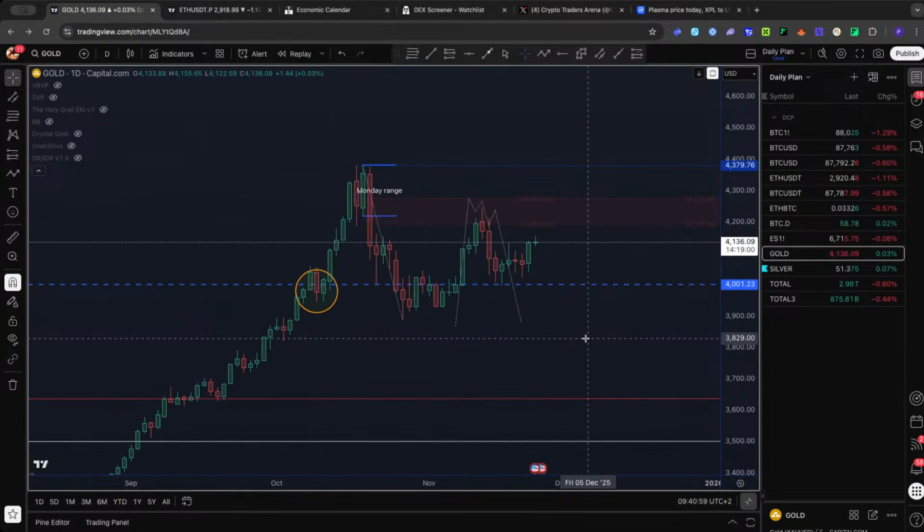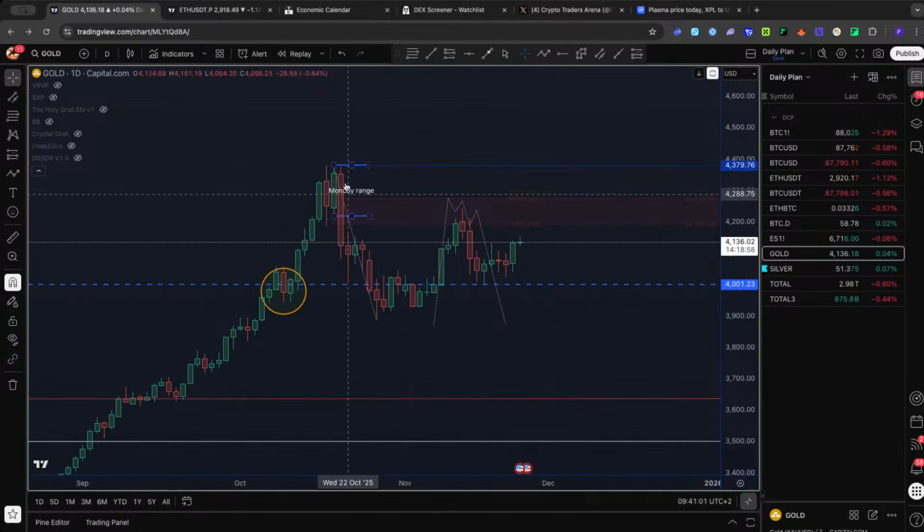Gold. Similar, I think it's a range here. It's trying to find out if it has any strength to push higher, or will finally break out on the weekly chart and go down. For the moment, it's exactly like on ES, a range here. If you see the market pushing higher, don't become greedy and try to long. Think about SFU, think about short reload zone, think about YAMs and short. If you see the market at 4,000 or SFU in that level pushing a bit lower, think long. So play the range game.